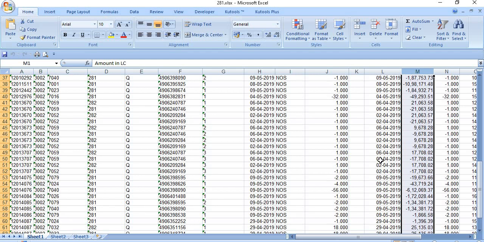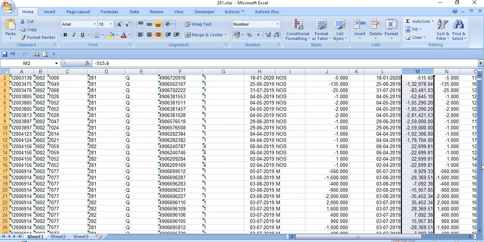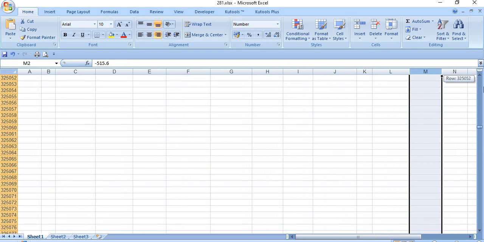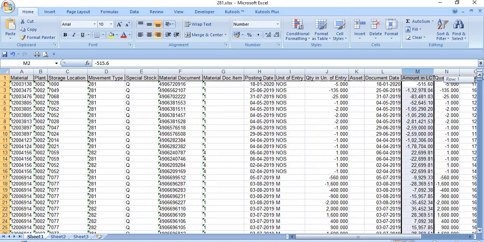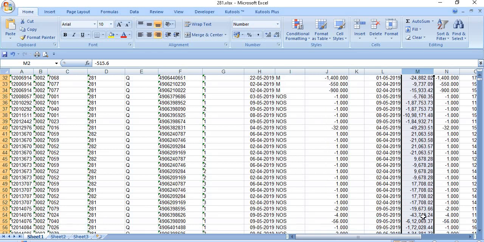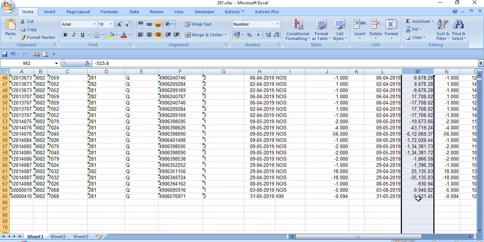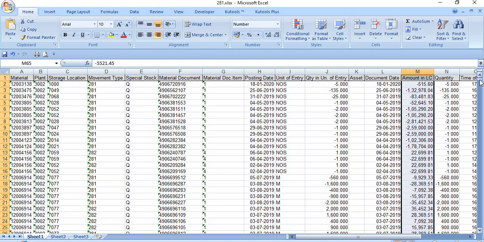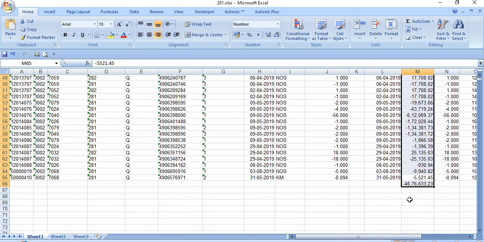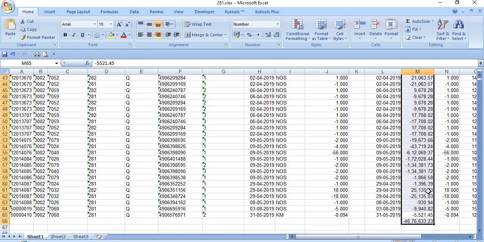You will get the auto sum. 46,76,633 is the inventory capitalized in this plant.